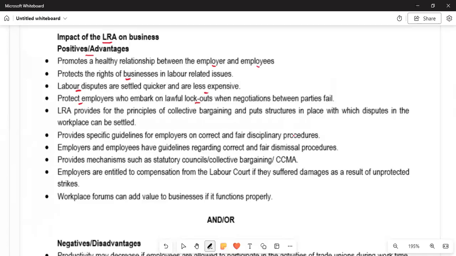Sometimes when you are in the negotiation, in signing contracts, you find superiors and people who know the law very well. They sometimes suppress those that don't know the law very well, a party. So sometimes we are saying that the protection of the employees should be taken into consideration.